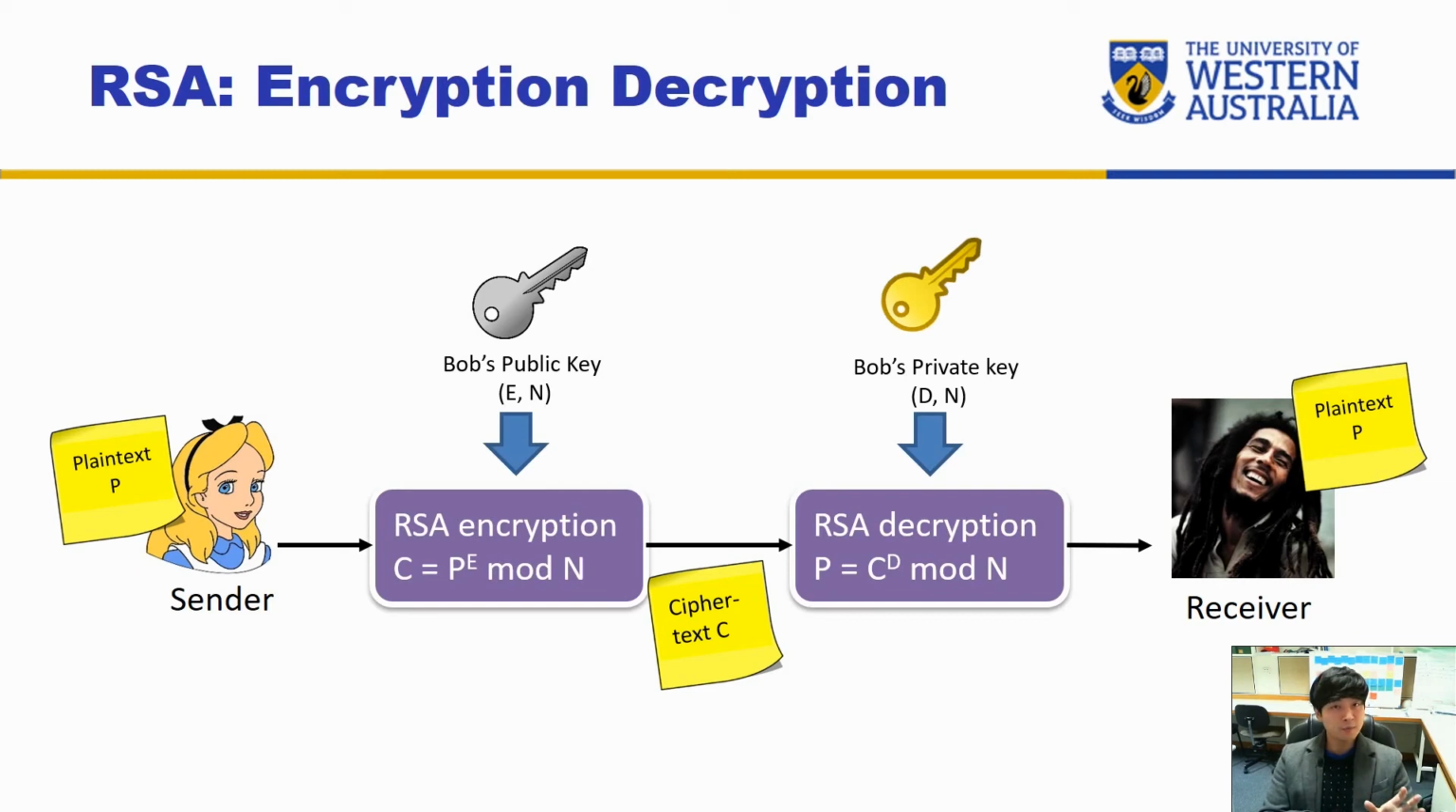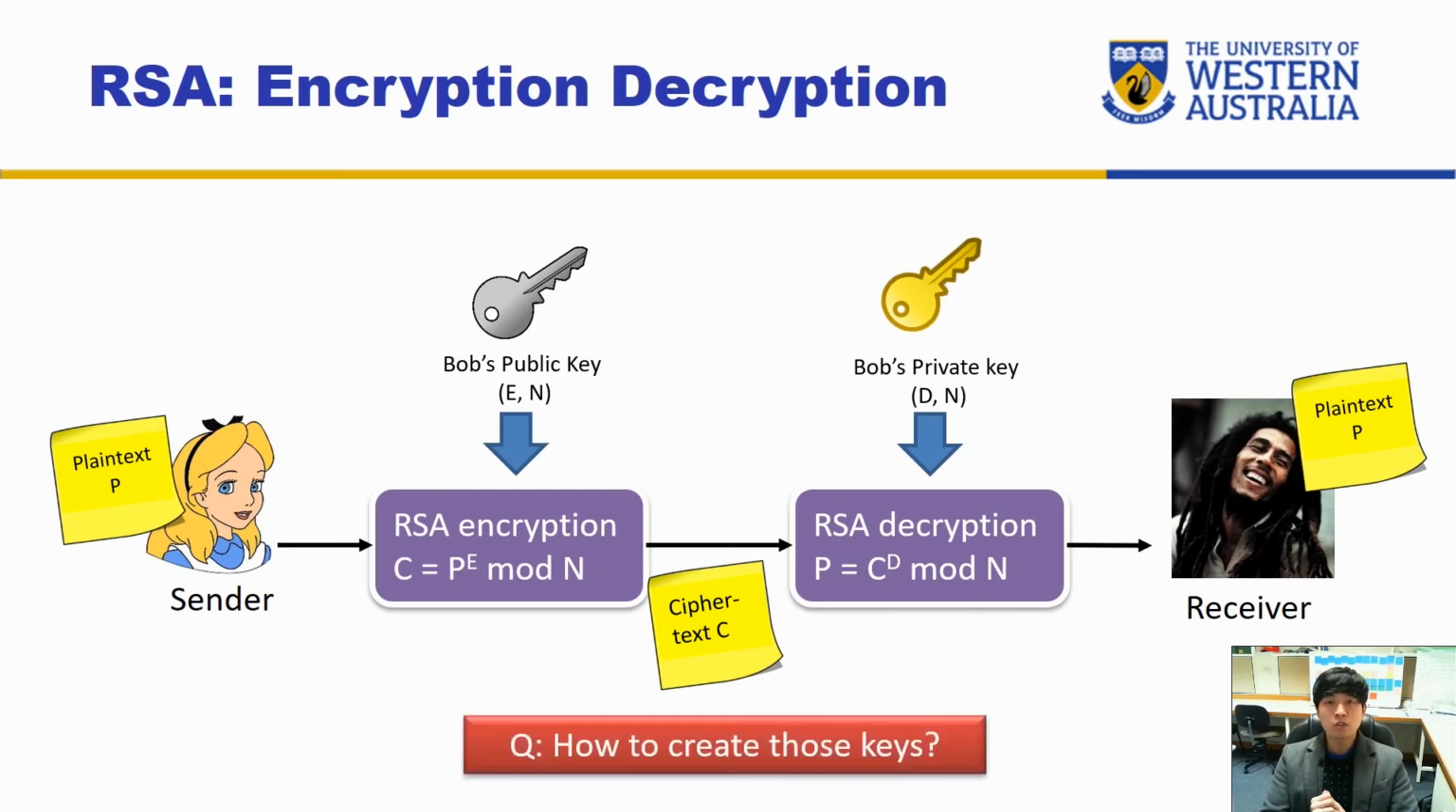So the mathematics behind it is actually quite simple, but if you're trying to crack this code, because we are doing the power operation, it's very difficult to do so. Just like how you try to guess 13 to the power of x mod something, what is x? So next question is,